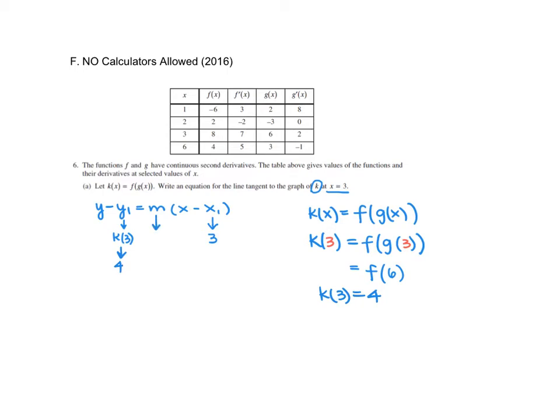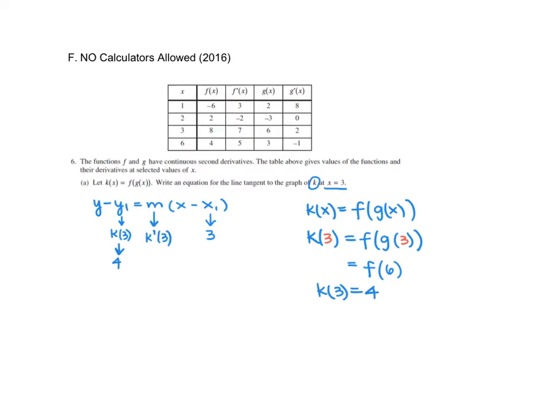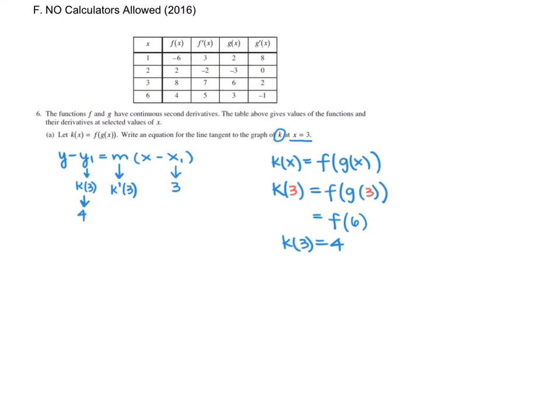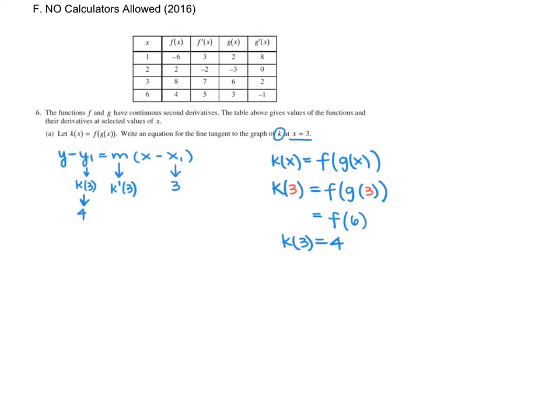and slope is the derivative. So that's k prime of 3. So how do we find k prime of 3? So let's start with finding k prime. So k of x is equal to f of g of x. And since we have an inner function right here, we'll need chain rule. So k prime of x is equal to f prime of the inner function times the derivative of the inner function. So k prime of 3